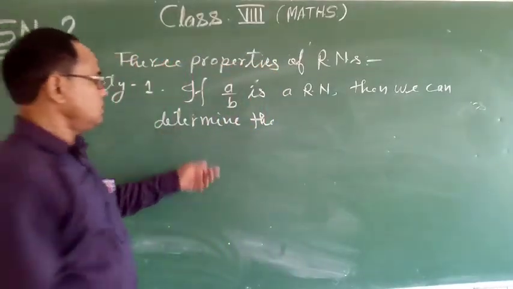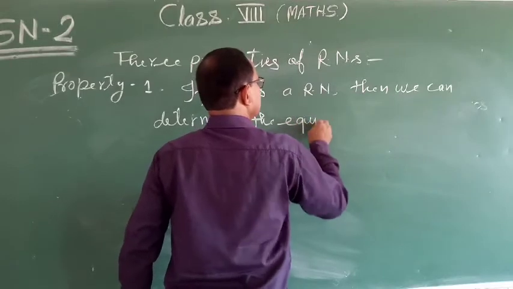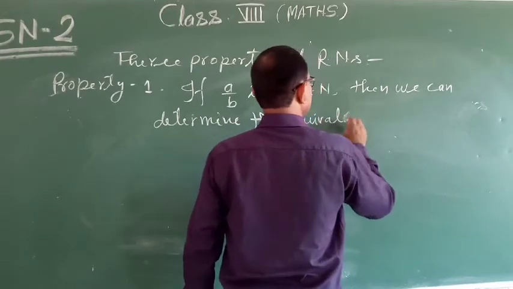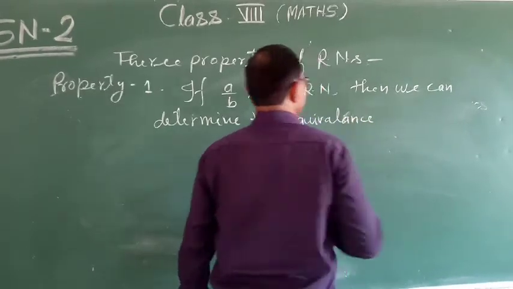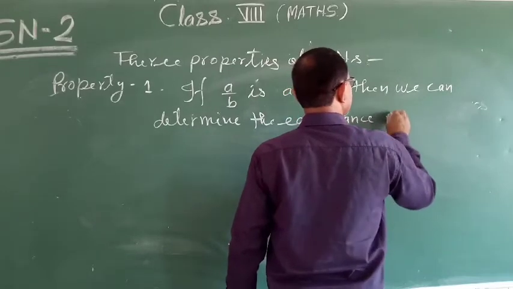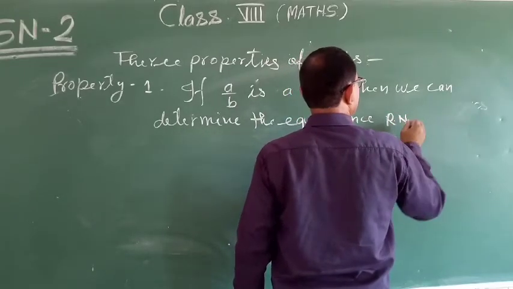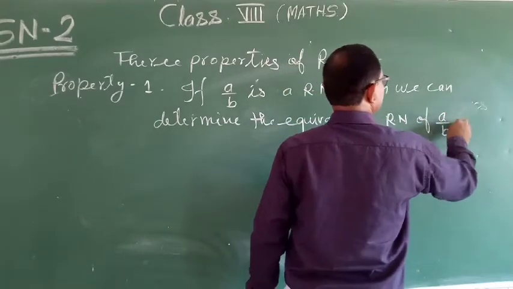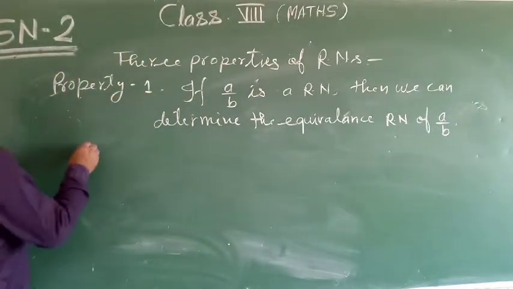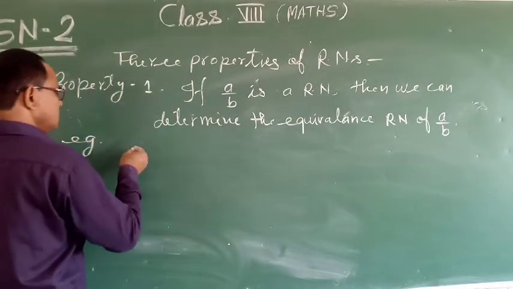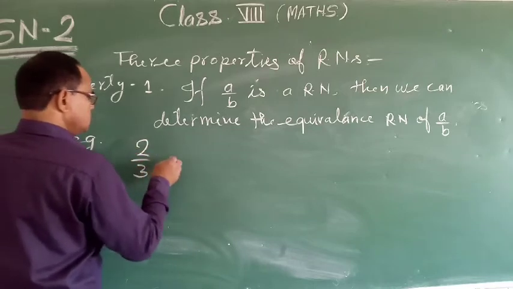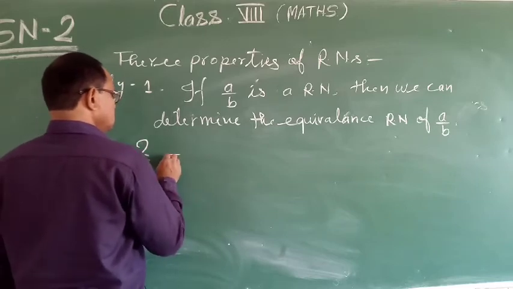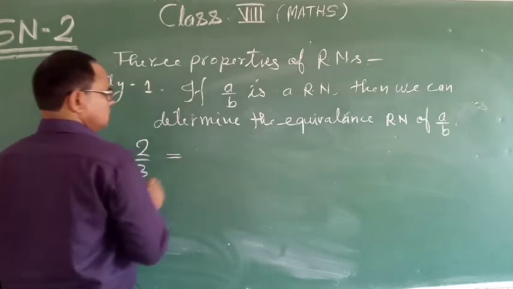We can determine the equivalence rational number of a by b. Okay, here example has 2 by 3 equivalence fraction. In this case,